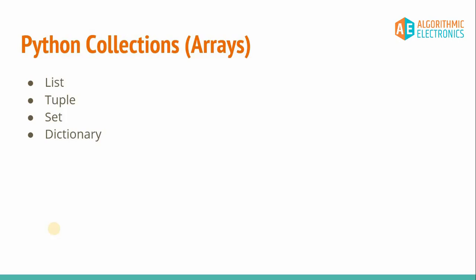There are 4 different collections or arrays in Python: list, tuple, set and dictionaries. We can't say that these are equal to arrays in other programming languages. For example, in C language you will find arrays and some array manipulation tricks. So I can't say that a list is equal to an array, or a tuple, set or dictionary is equal to an array. I can't put a clear-cut equation that these data structures are exactly similar to arrays. But like an array in C language, which stores multiple values, list, tuple, set and dictionary can also hold multiple values.